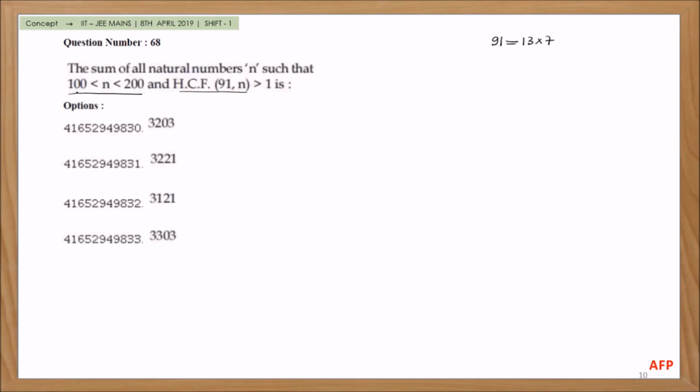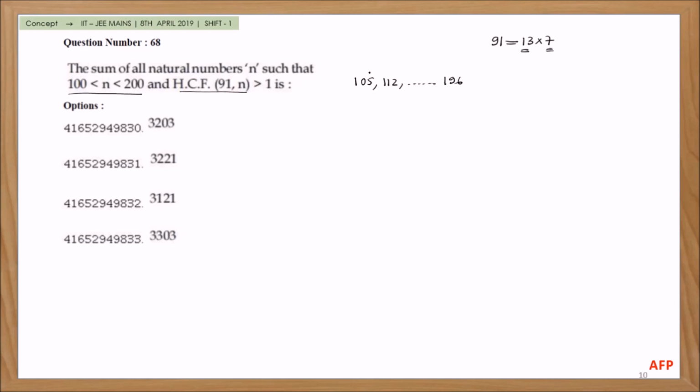So what is the concept? In between these two numbers, we have to add multiples of 13, and multiples of 7. Okay, so first we will write multiples of 7. Multiples of 7 between 100 and 200 are 105, 112, and so on. The last number will be